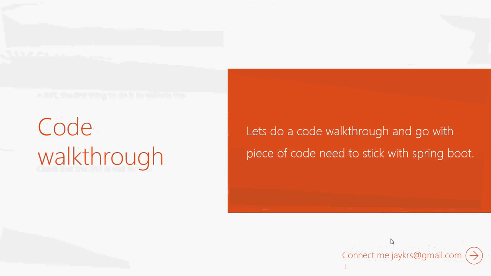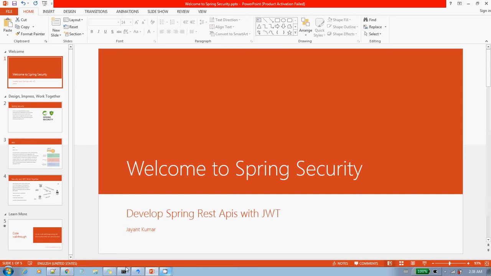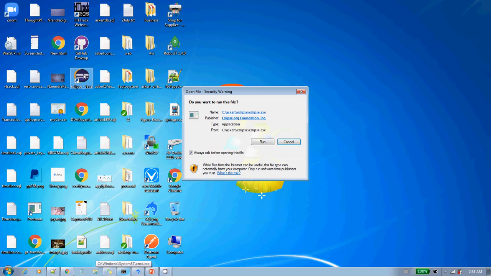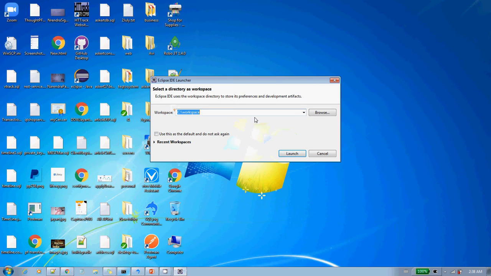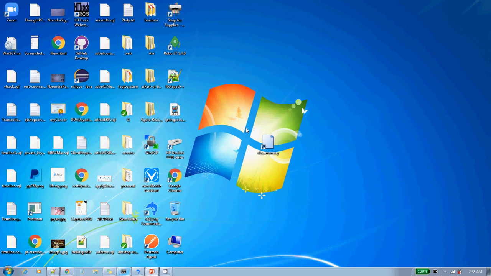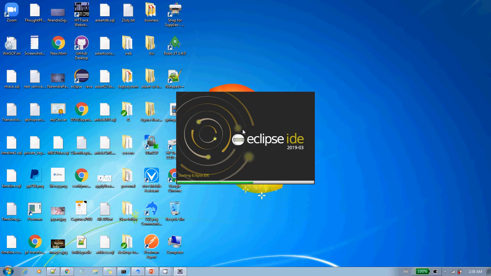So this is all about the basics. Now we'll go through the code and see how this works. We'll go to Eclipse and create a Spring Boot project. A Spring Boot project is a Spring project with an inbuilt container, so no further deployment to a particular container is needed.